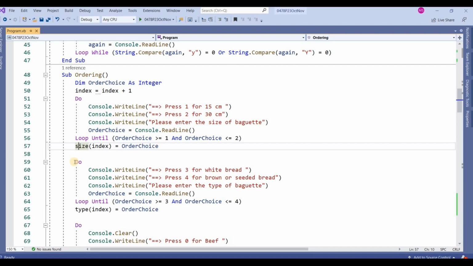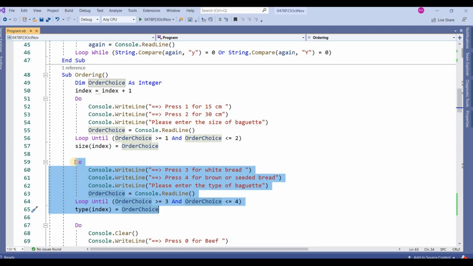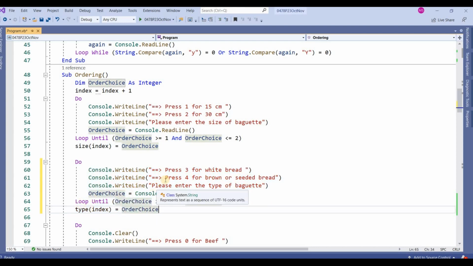Okay, clear? By using the same logic, I am getting the type of the bread, type of the baguette, either white bread or brown bread. If you enter 3 for white bread, or 4 for brown bread, you can enter only a value between 3 and 4.